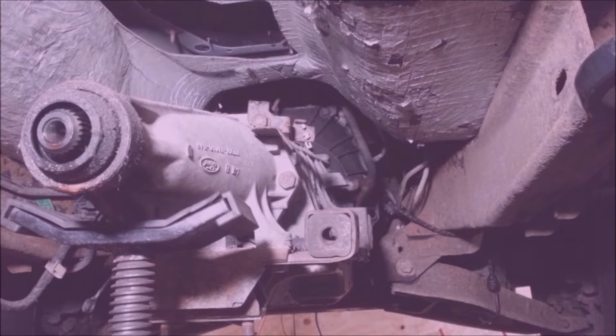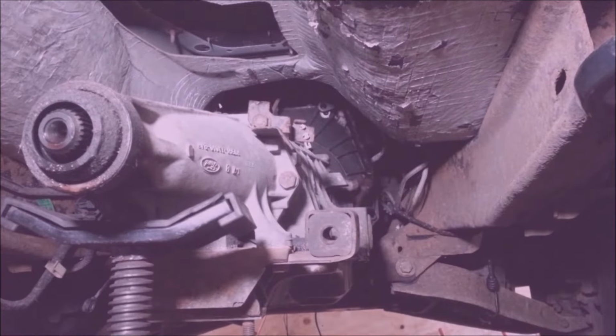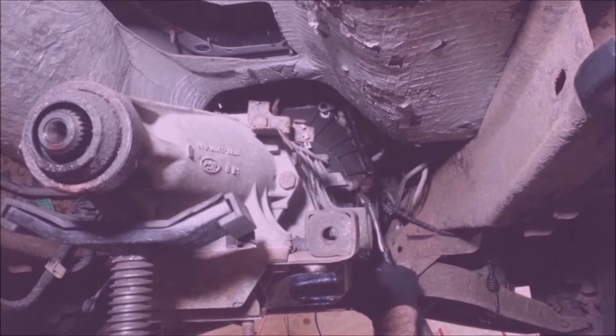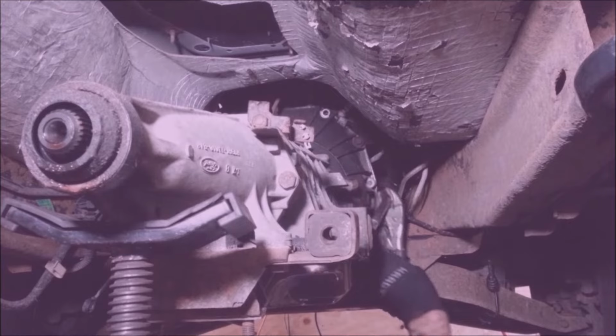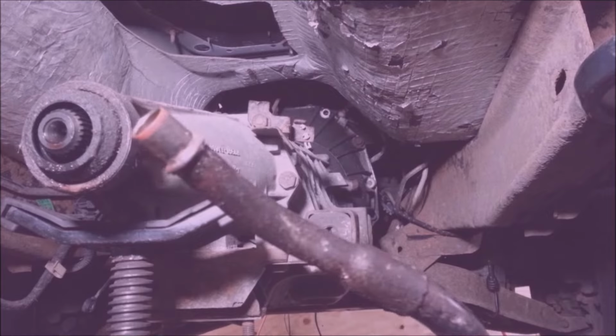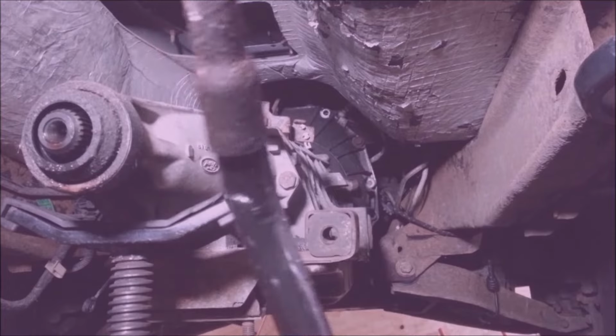The only other thing I have hanging on here that I got to deal with is the dipstick tube. This is just a 2-piece deal. I'm going to try to get the second piece out. Hope this works. There it goes. Junk. This is actually press fit, and it's not supposed to come out, but this other end won't, so that's what I had to